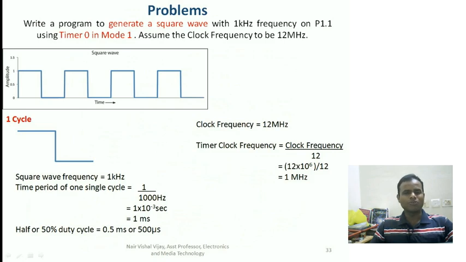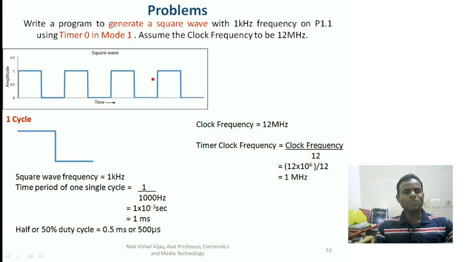So you need to generate a square wave. Now as you can see on the screen, a square wave looks something like this. It has a high level, then it has a low level, high level, low level, and it keeps on going. Provided it has a 50% duty cycle, it keeps on going, and you can make it go on infinitely, in an infinite loop in which this square wave is generated.